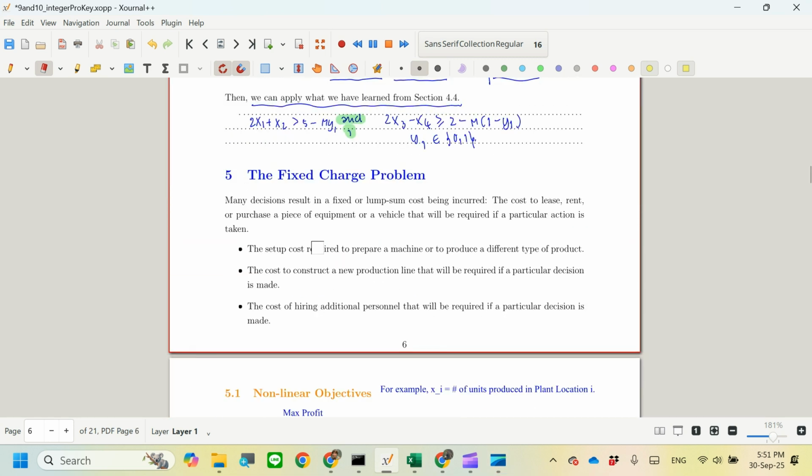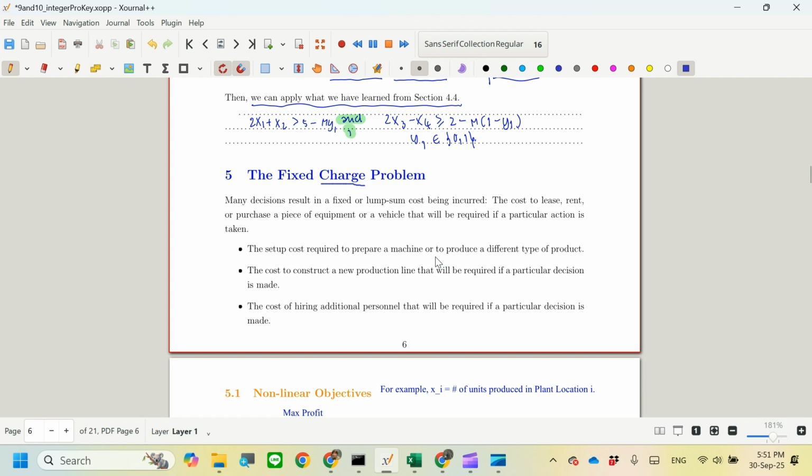So the next problem for integer programming that we're going to look at is called the fixed charge problem. Charge means money charge. Many decisions result in a fixed or lump sum cost being incurred. The cost to lease, rent, or purchase a piece of equipment or a vehicle will be required if a particular action is taken. So we are going to look at the problem where we have to pay setup costs